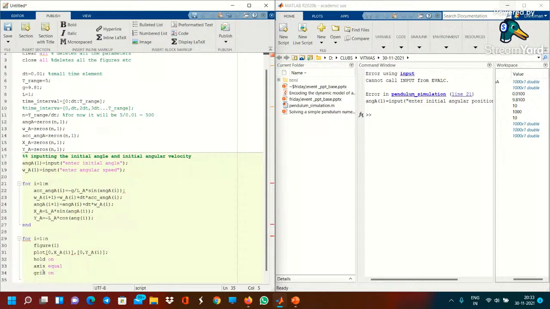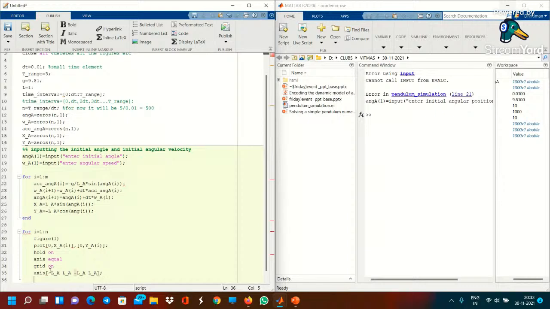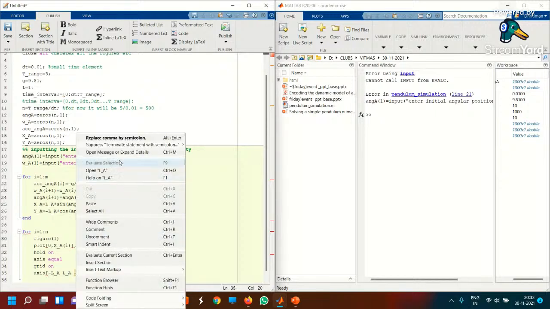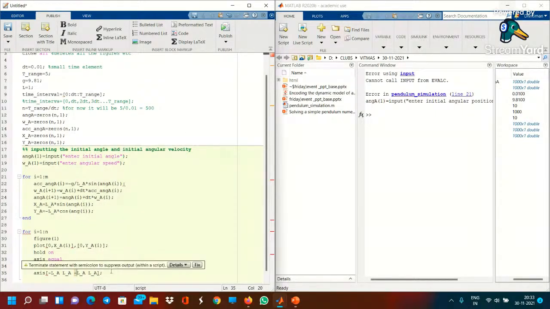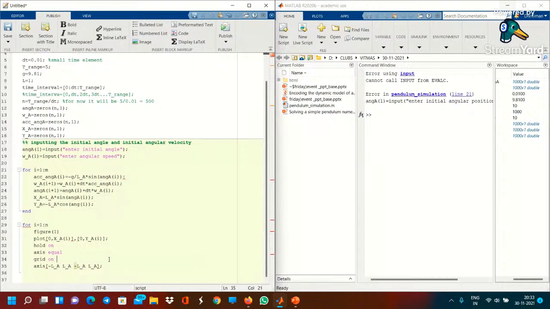Now we can confine the plot in a particular window, right? For that we can define it as minus... What this axis command does is it will fix a grid on a plot diagram. Okay. Cool. Next,